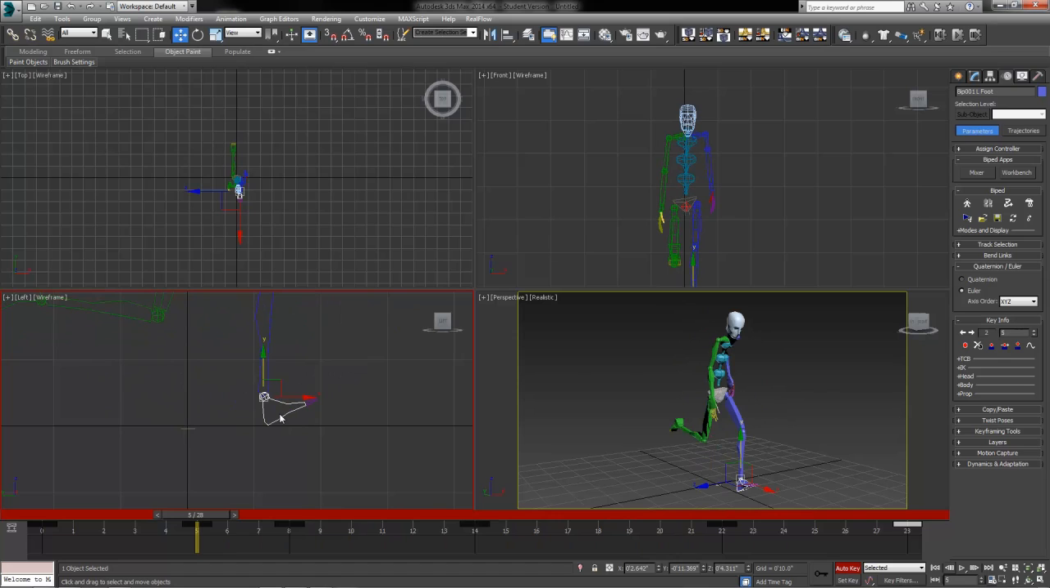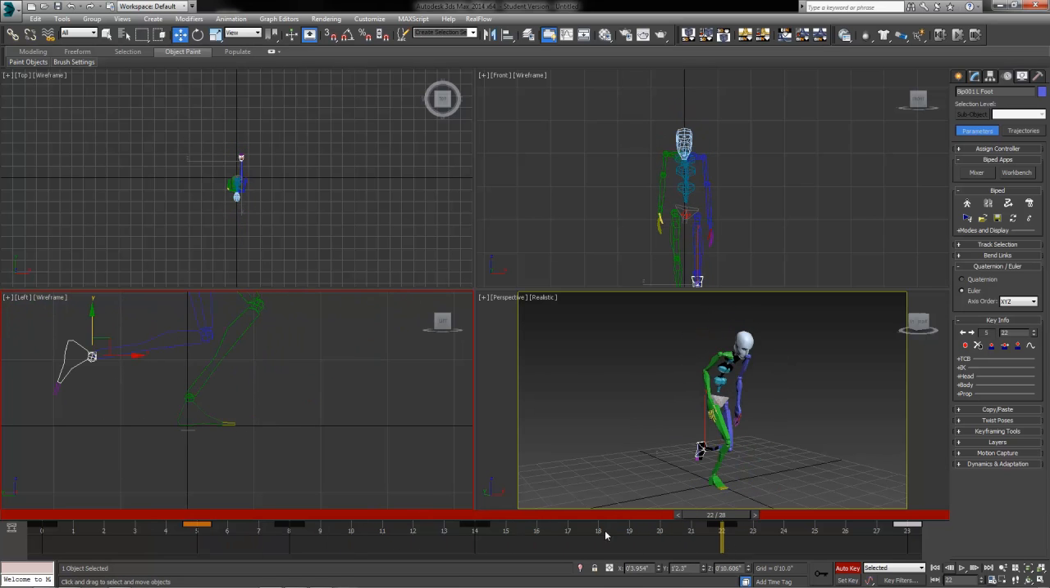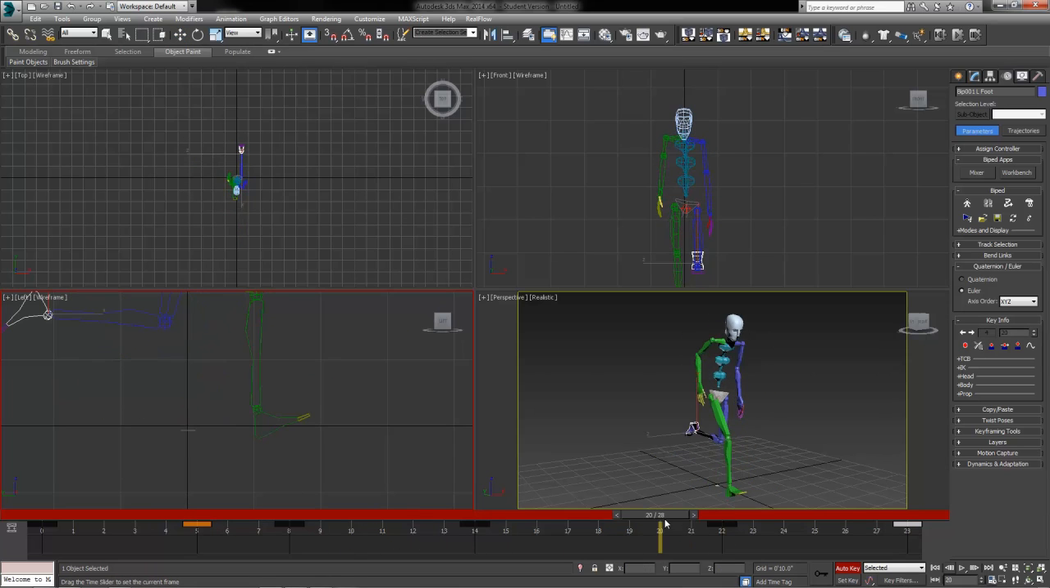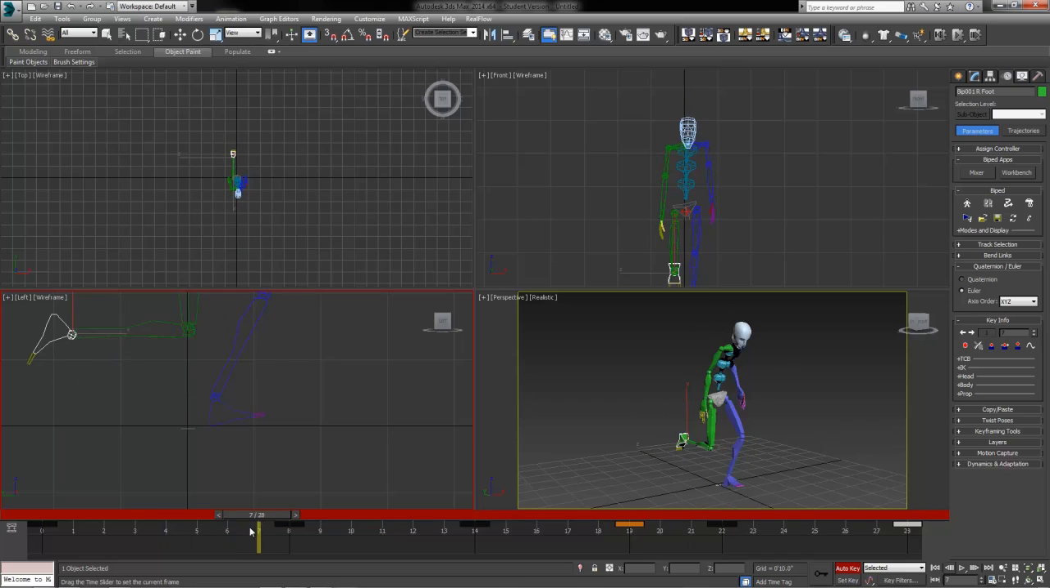One of the things you can do here is, instead of just the regular set key, you've got some other choices here. We've got a set planted key, which will help you plant that foot a little easier. And then same 1, 2, 3 for our green leg. We can set a planted key. But then any of the rest of them, you know,